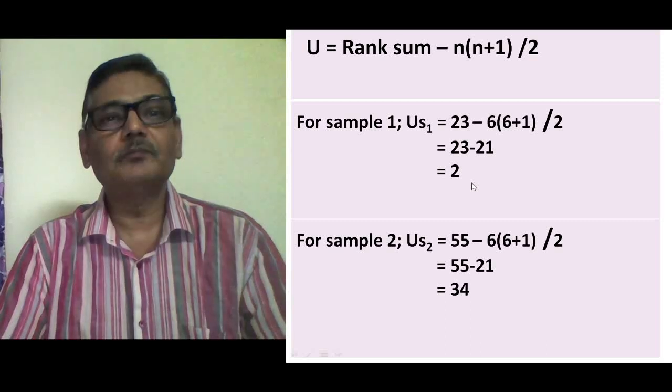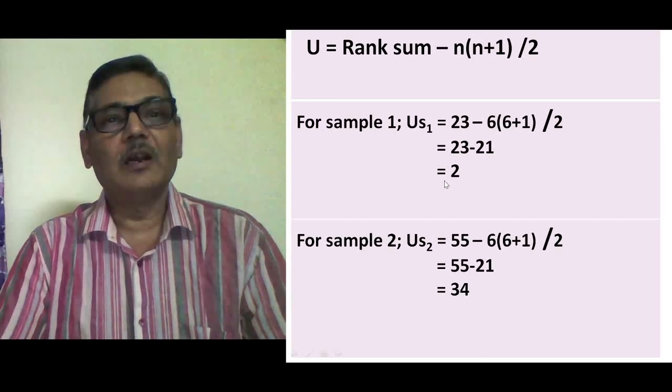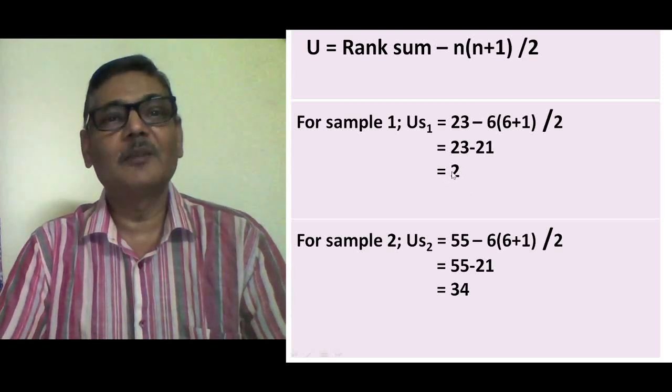There is a U statistic probability table that can be used, although I have not adopted that method. In that case, this lower figure will be seen, but I have actually calculated the next step, and that is more important to do, because the next step will be to calculate the Z value, and by seeing the value of Z you can make an inference.